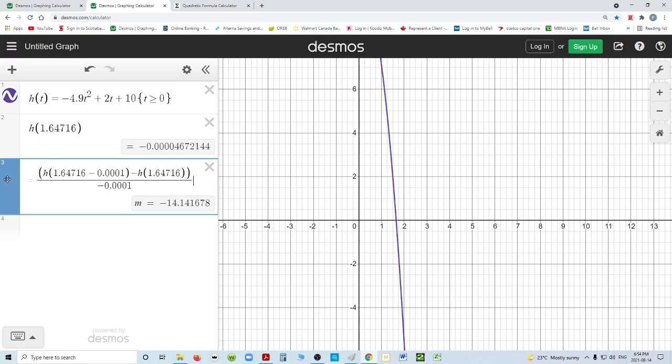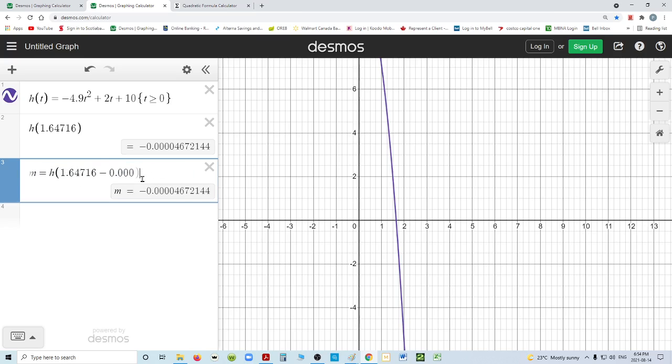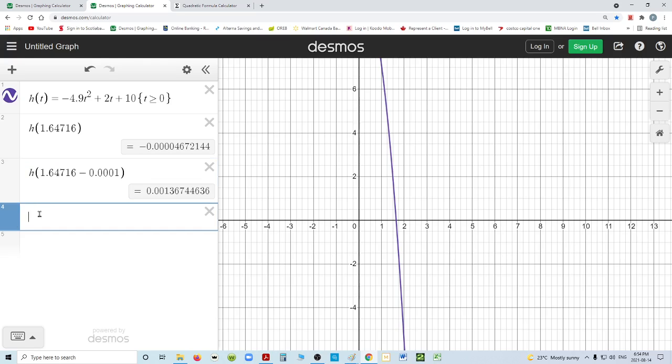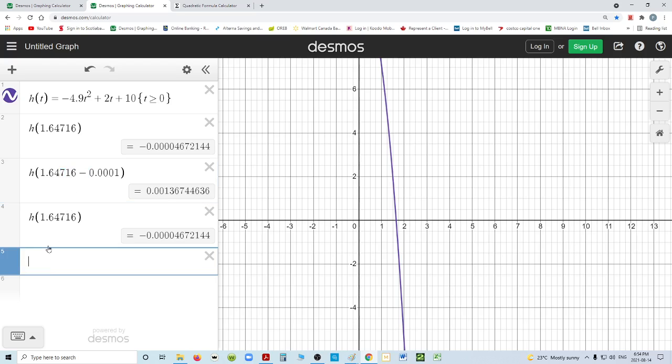If you want to do that the long way, you would just find your h of, let's see if I can do it. There we go. You would find your height at that point. In other words, what is my h at this? And then you would find your height at the 1.64716. So this is just a little bit before that. And then you would take your first one, 0.001367444636, and you would subtract